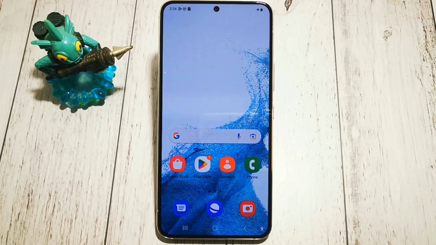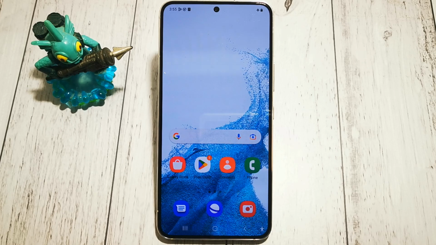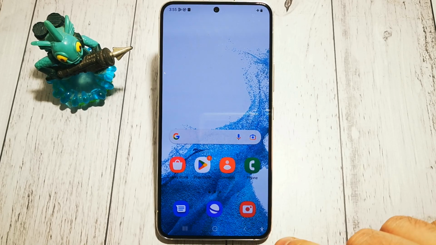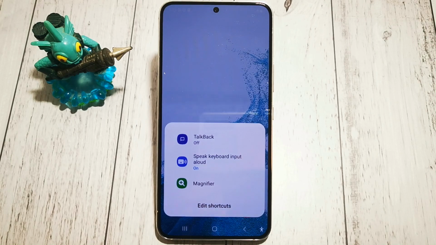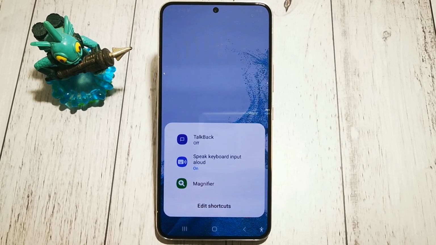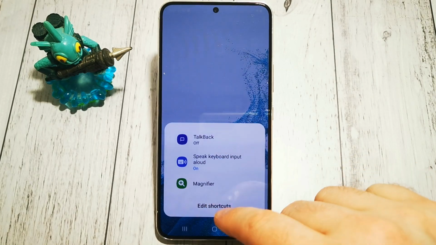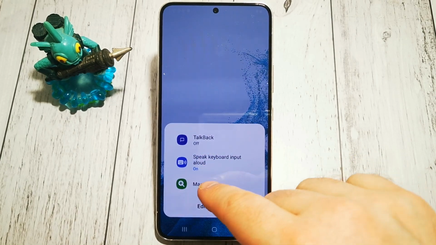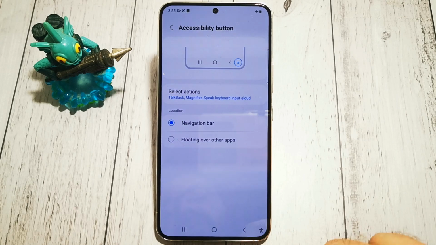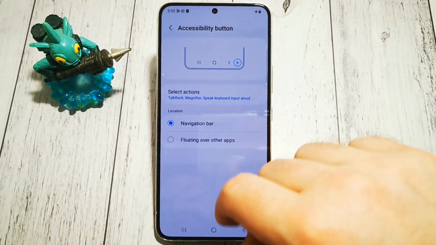Today I will show you where to find the option and how to delete or turn off our magnifier shortcut in Samsung Galaxy S22. So we have our magnifier shortcut here in our accessibility shortcut button. So we can turn off our magnifier by accessing our shortcut button